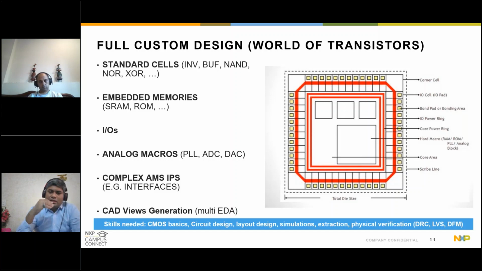Then embedded memories, whether SRAMs or ROMs, because the major part of the real estate of the chip is essentially memory intensive, right? It is very hungry in terms of chip real estate, and chip real estate is dollars. It is a direct mark on the gross margin or the pricing of the chip itself. So with embedded memory design, how can you make the most area-efficient memories for the best performance and most optimal leakage and power budgets?